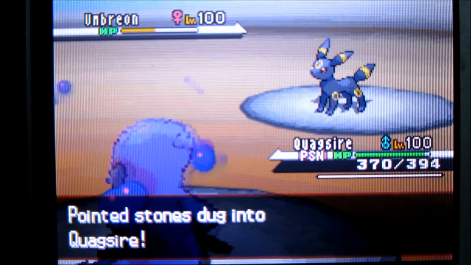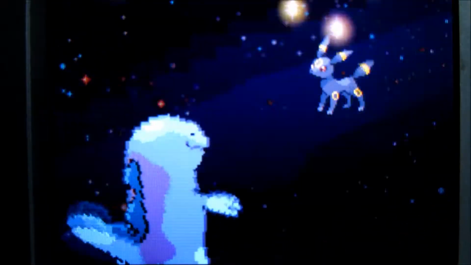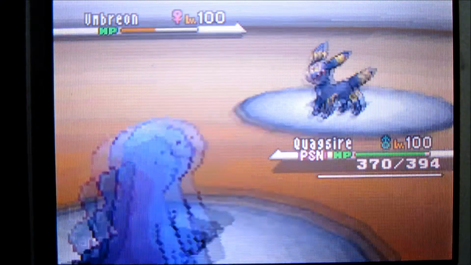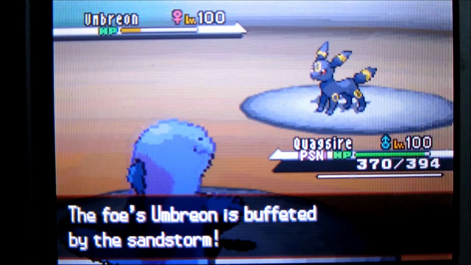Quagsire is a boss. Unfortunately, he's going to be poisoned and take Toxic Spikes. And I'm going to go for a good old Earthquake here after he uses Wish. Unfortunately, it's not going to do much, but